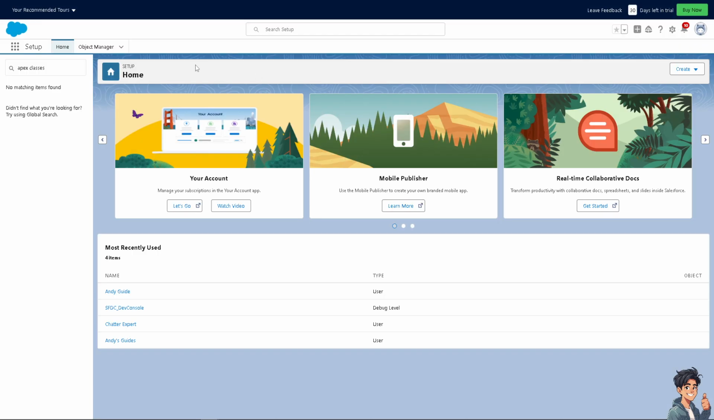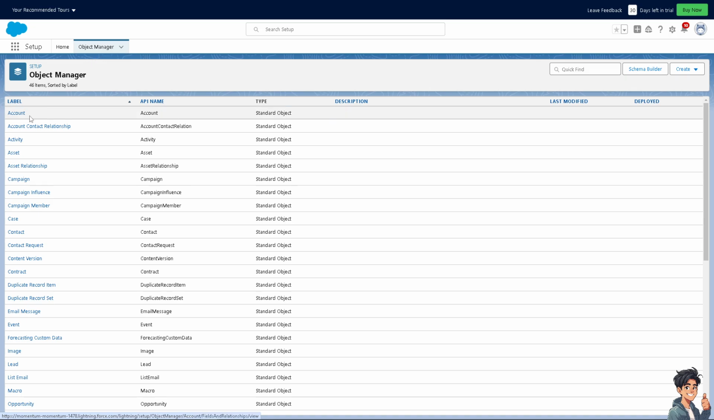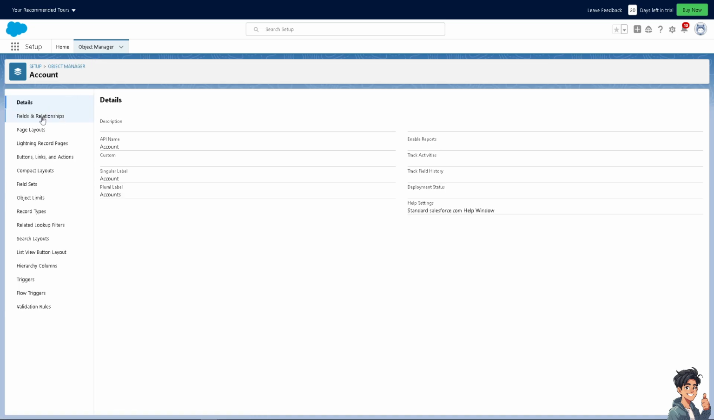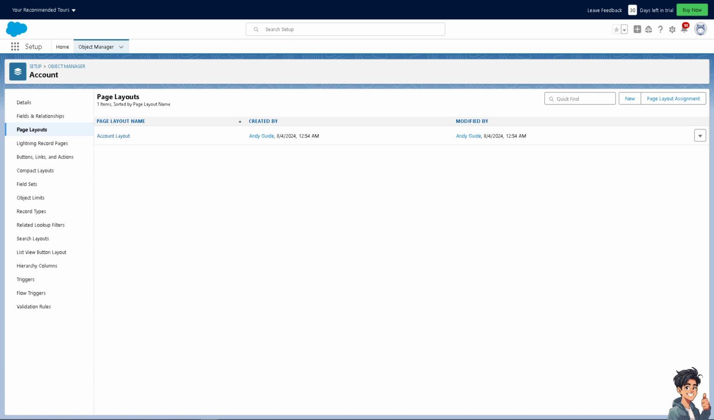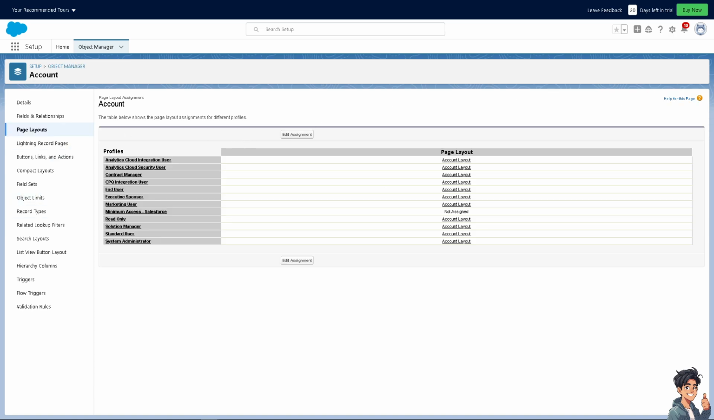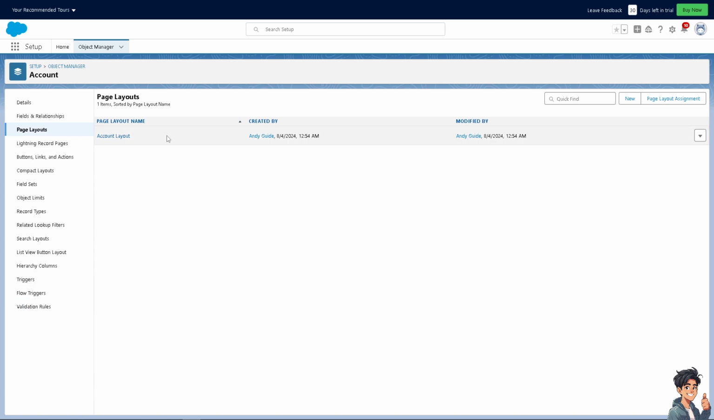Now, once you are on your dashboard, I need you to hover to the Object Manager section, and from here, click on the account. You'll see there's going to be a second option that says page layouts. I want you to click on it. If you haven't already, you can simply click on the new page layout assignment. All right, now here, since I already have a sample of the page layout, I'm going to click